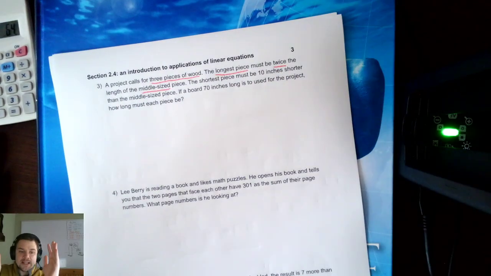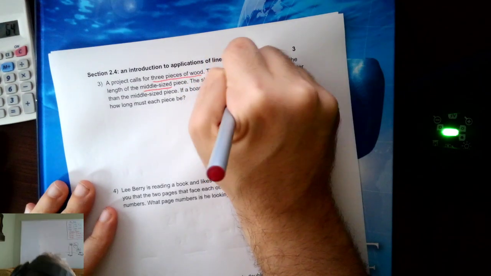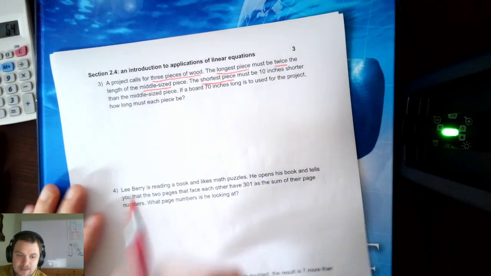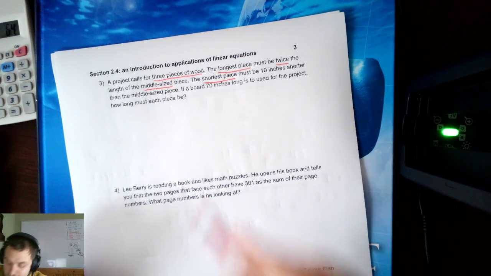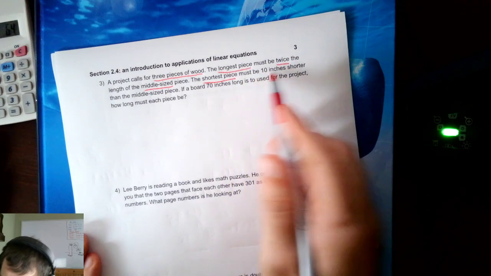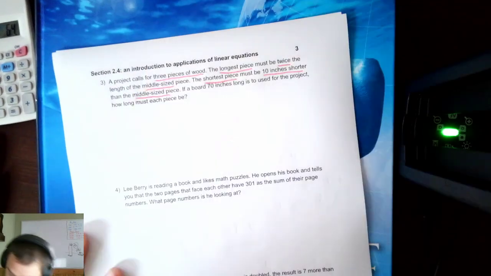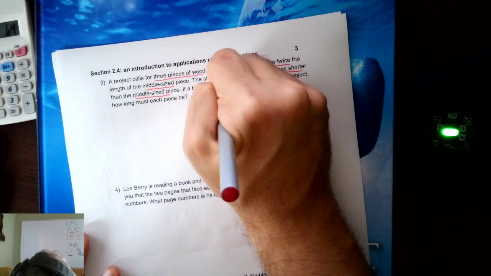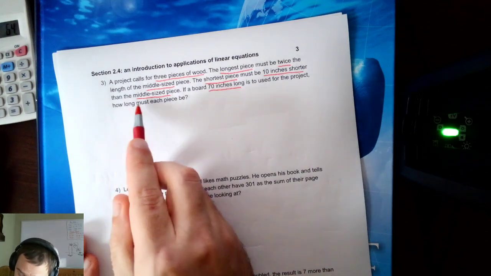So I have a long piece and a middle-sized piece. I also know I'm probably going to have a shortest piece, right? I've got long, medium, and short. I've got 3 pieces of wood: the long one, the medium one, and the short one. The short piece must be 10 inches shorter than the middle-sized piece. If a board 70 inches long is used for the project, how long must each piece